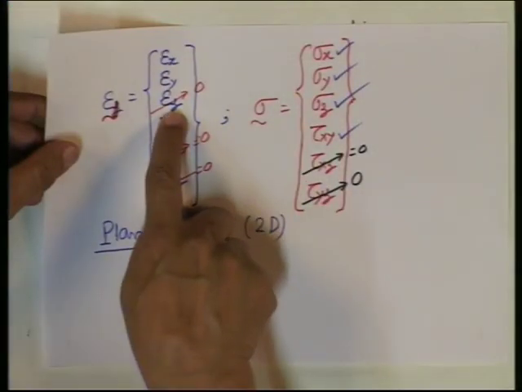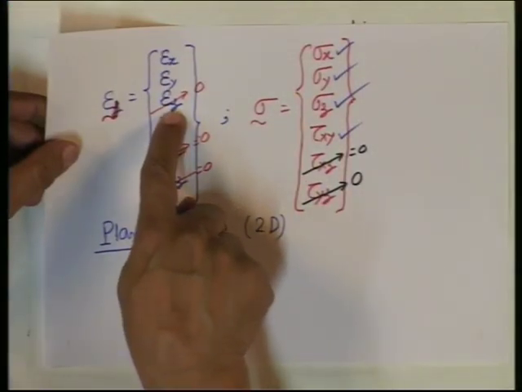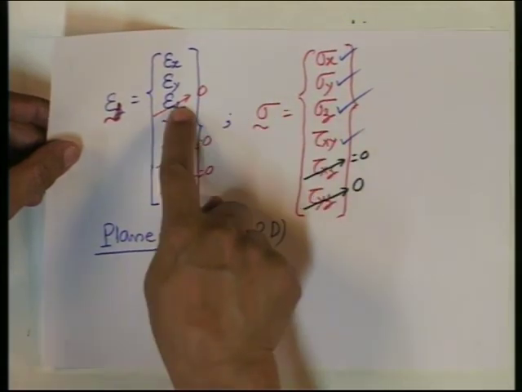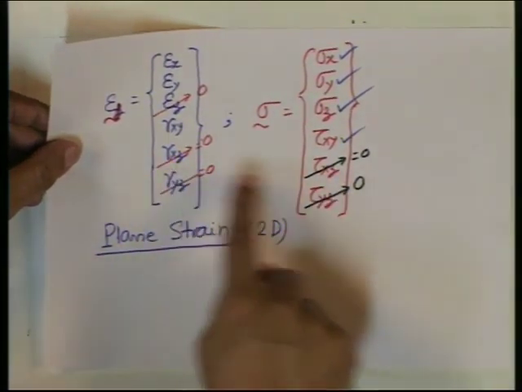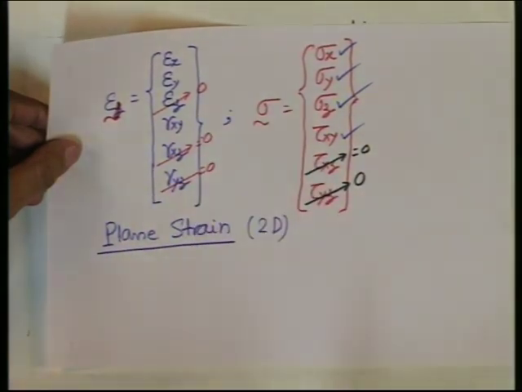Don't jump to conclusions. How can you call it plane strain? Plane strain means particles don't move out of the plane. But why is it called generalized? Generalized because in this case sigma theta will be present, as well as epsilon theta will be present. So, both stress and strain are present. The rest of the things are as they are. So, one more extra component will be there.